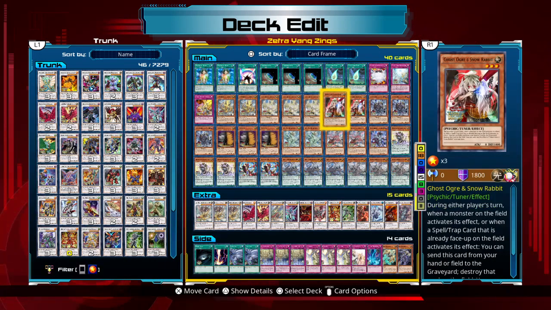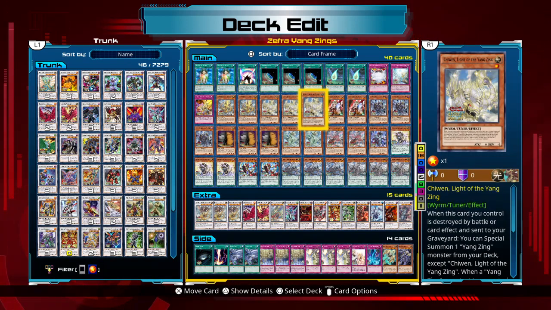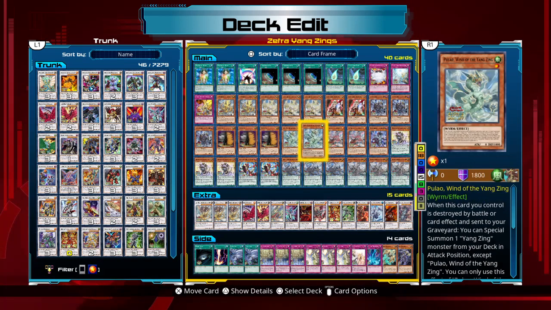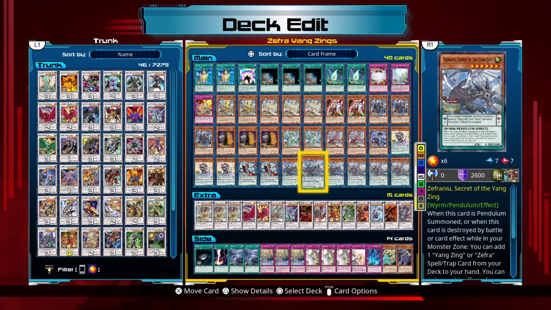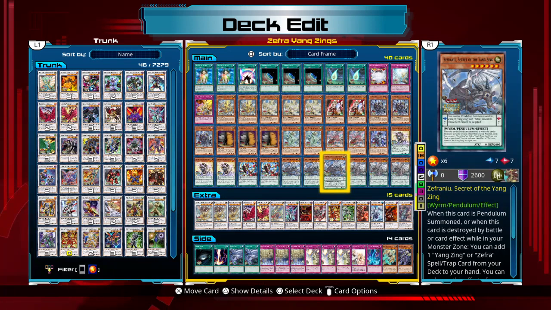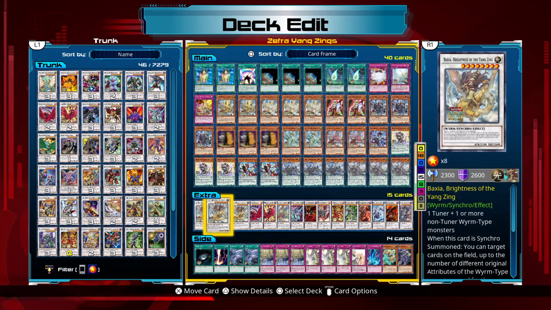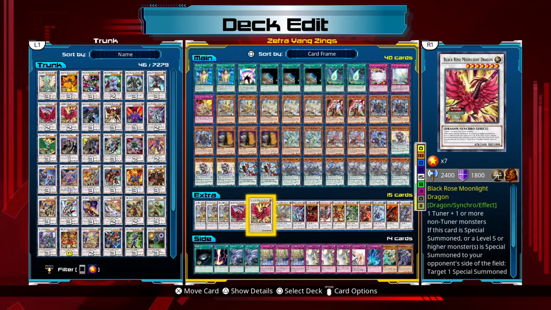So you destroy Chewin, bring back Xiao Tu, and by doing that you're going to activate Chewin's effect. Chewin's going to activate again, you bring out another Sephranu for a level 6 target, and you have another level 2 and level 6 monster on the field to go into another level 8 Synchro. You can then go into another Baxia, shuffle more cards on the field if you want to, or go for